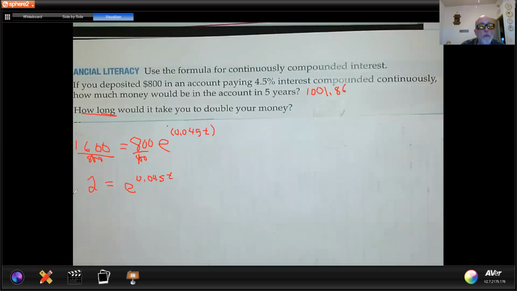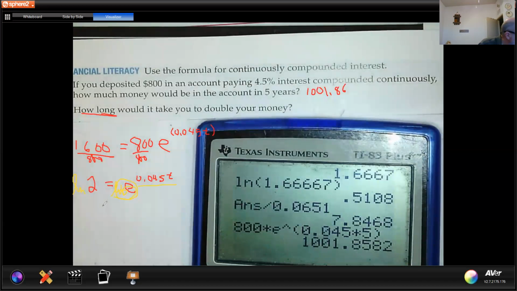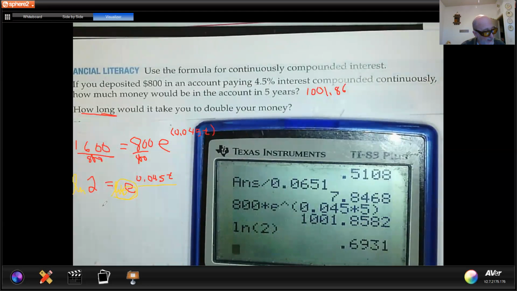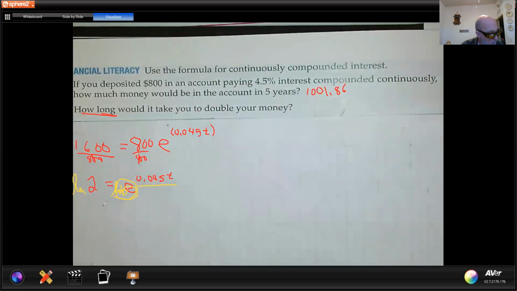Now, how do I get rid of that? Let me hear it. Everybody at once. Take the natural log. Why? Because these guys cancel out. So the natural log of 2 equals that right there. So what is the natural log of 2? Well, natural log of 2 is 0.6931. So I'm going to write 0.6931 equals